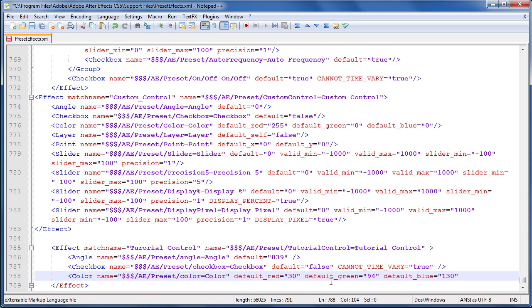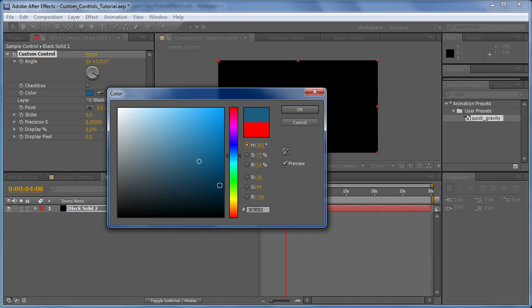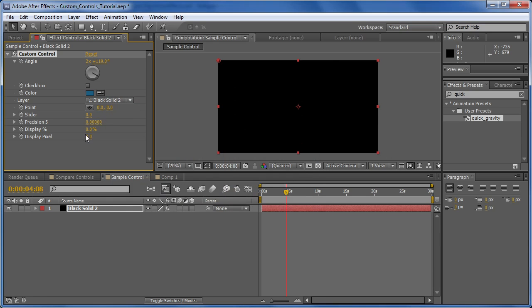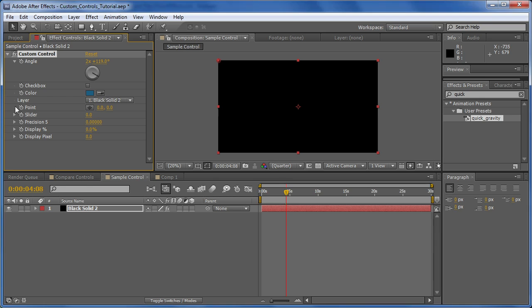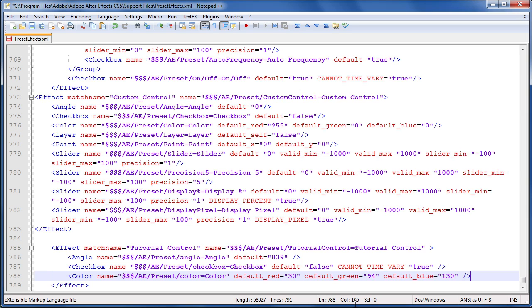So by setting these 3 defaults, we'll get the color that we're looking for. And the only other option for this color control is the cannot time vary one. So you can also allow or not allow the user to keyframe the color. Once you're done, we're going to close it up, and we'll move on to the next control, which is the